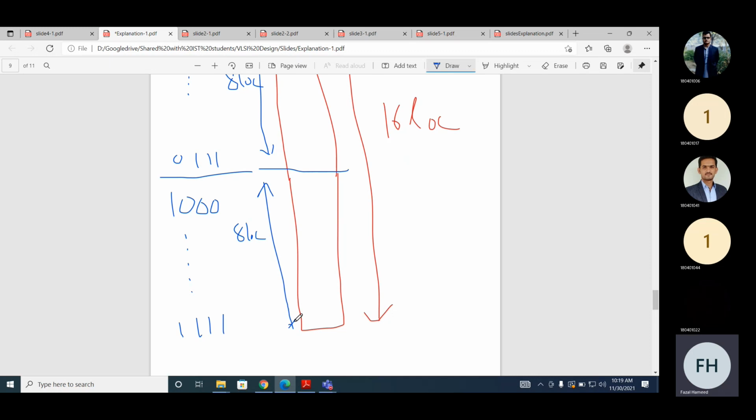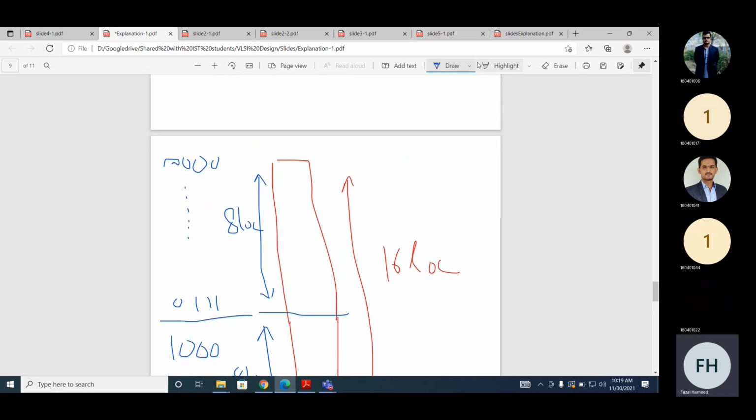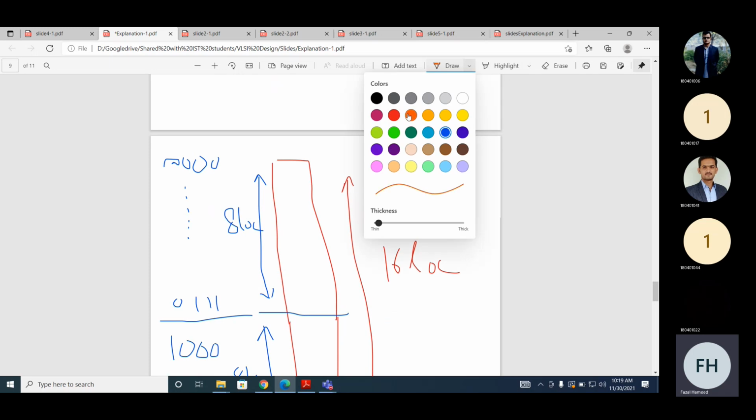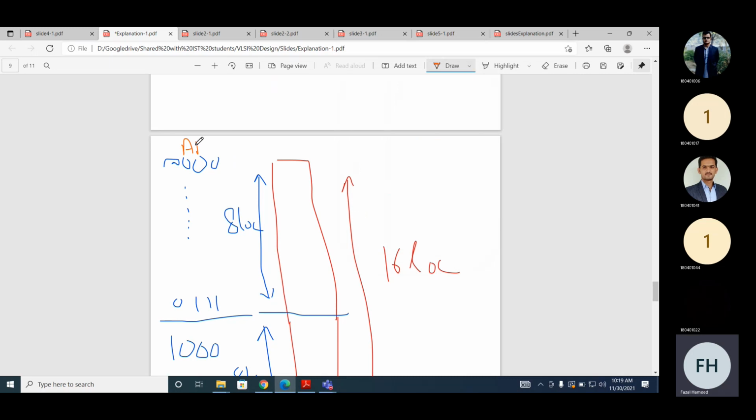Now if you look at this lookup table, can we map it like this? This is A, this is B, and this is C in, and now we have an MSB. So this can be used.